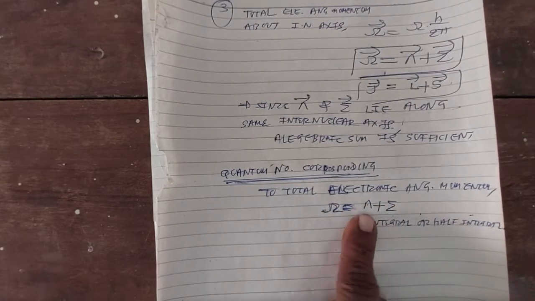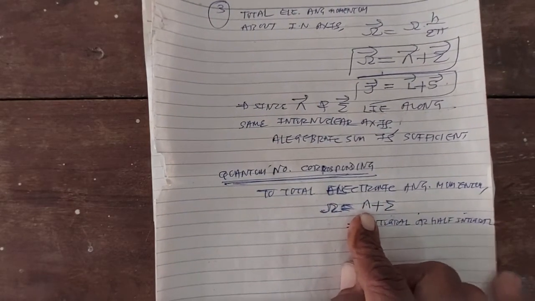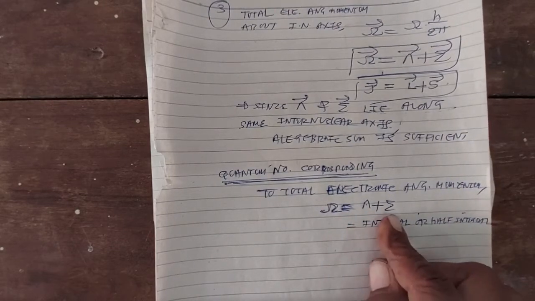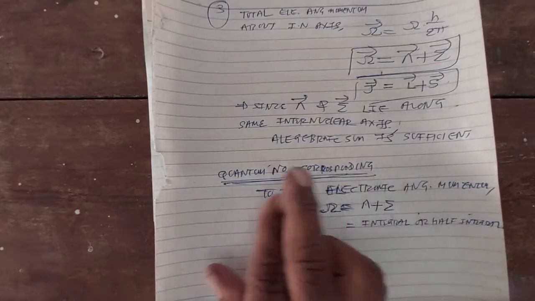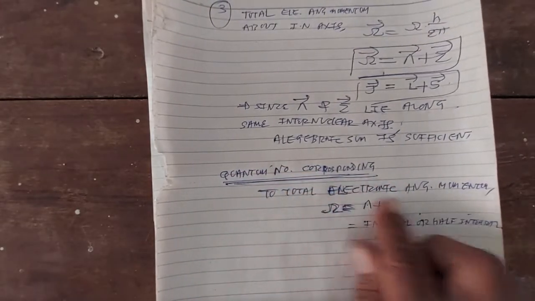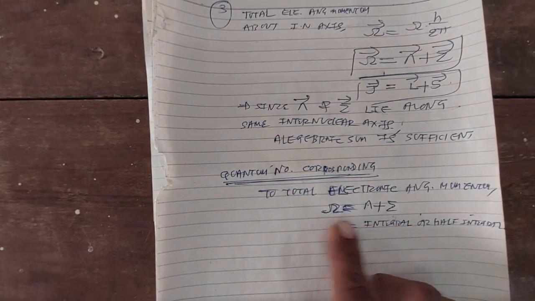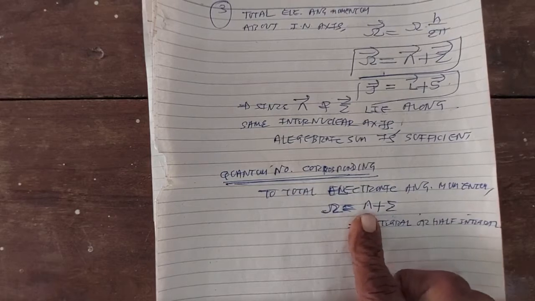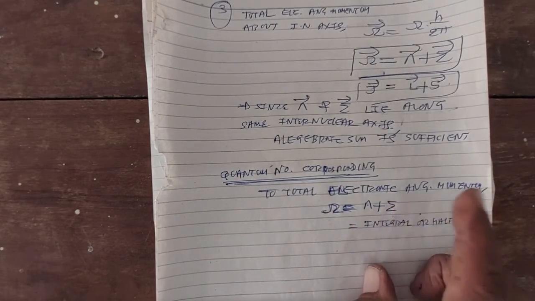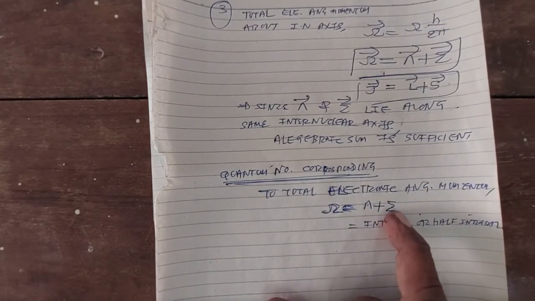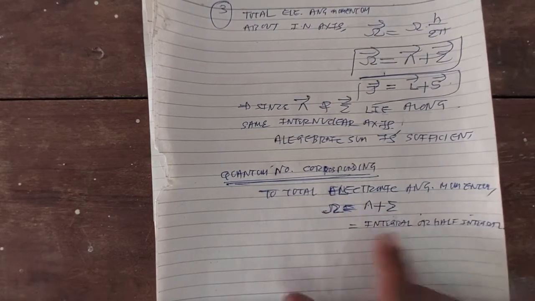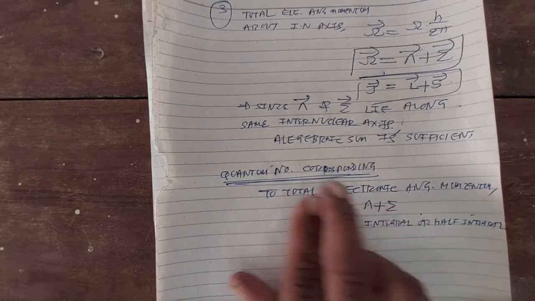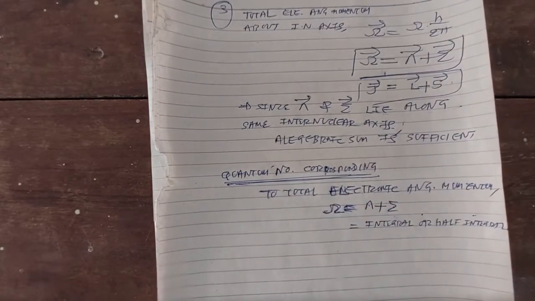So this lambda is called the electronic angular momentum quantum number, sigma is called the electronic spin quantum number, and this omega is called the total quantum number corresponding to the total electronic angular momentum of the molecule. Omega is the sum of angular quantum number lambda plus spin quantum number sigma, okay? Lambda is always integral. If sigma is integral, then the total quantum number will be integral. If sigma is half integral, then the total quantum number will be half integral, okay?